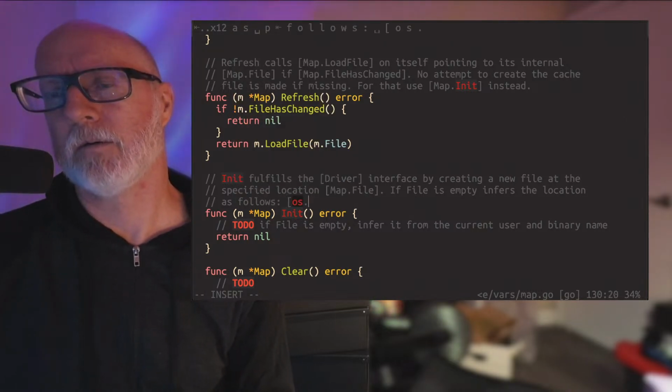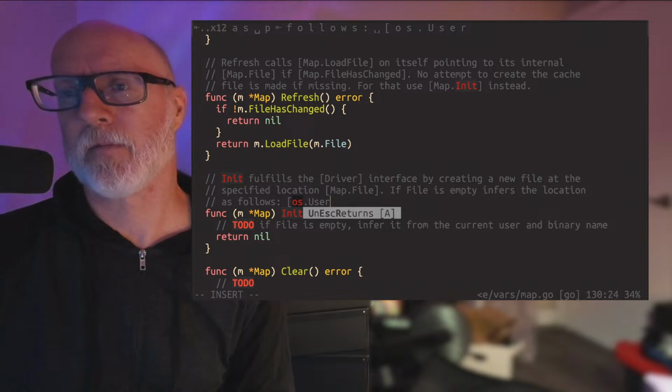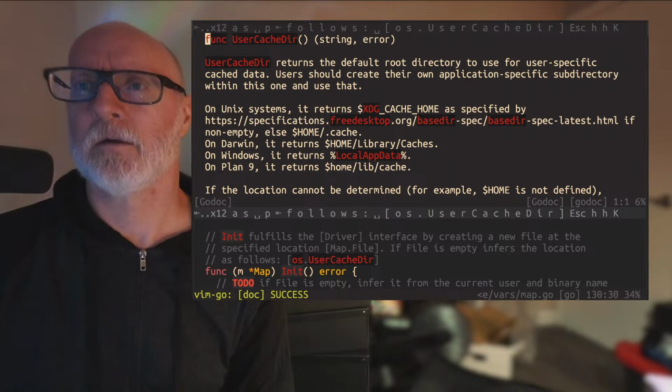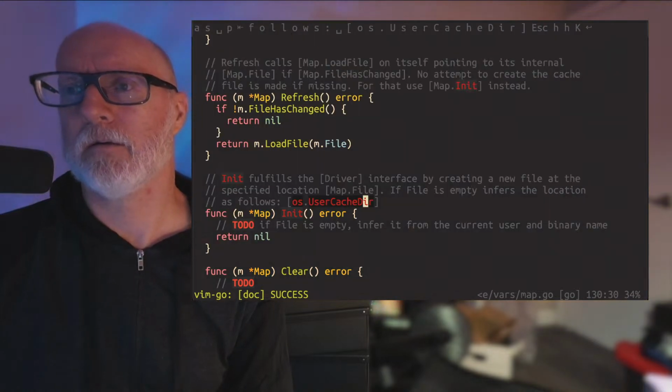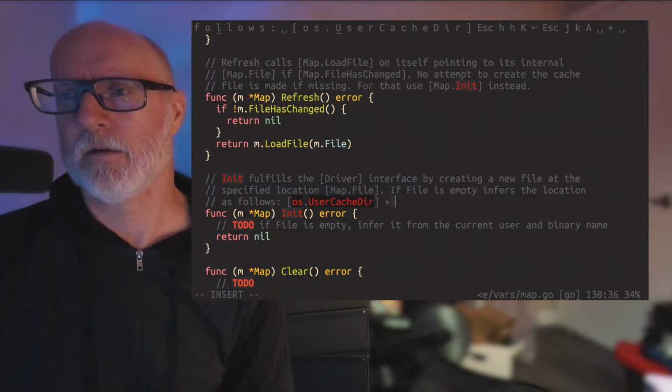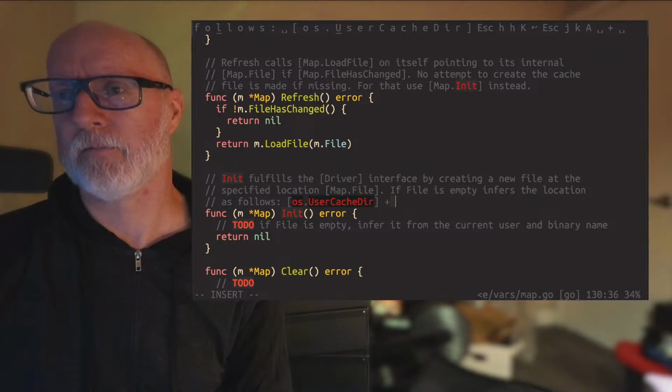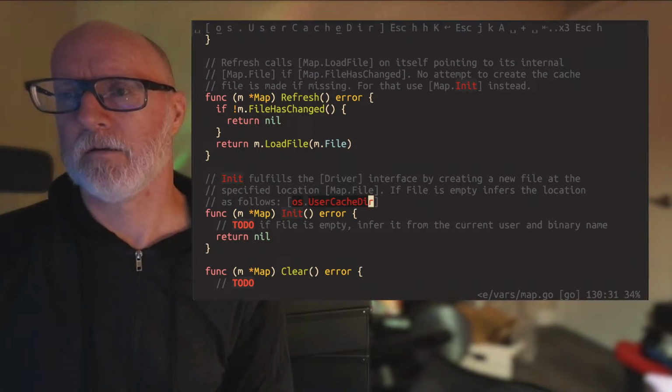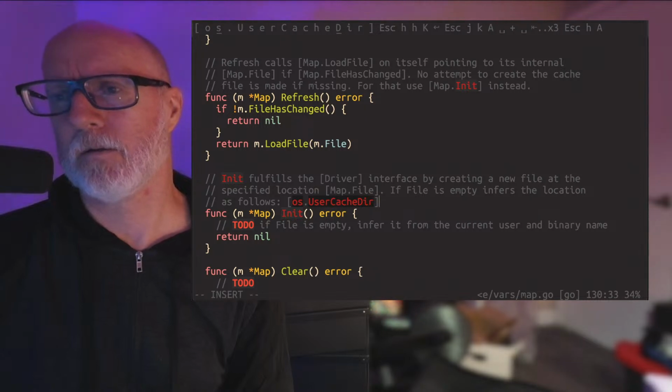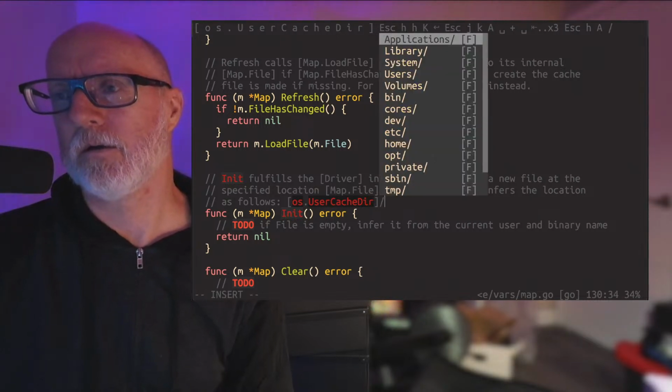So we would have os.UserCacheDir there, and then we have plus UserCacheDir slash current user,